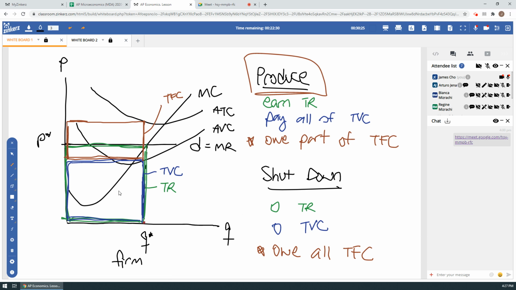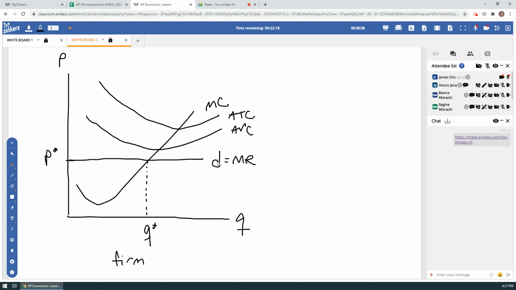I hope you see how that's different than this situation here. Here my demand curve was below my average total cost, but at least it was above my average variable cost. Here, my demand curve is below my average total cost, but it's actually below my average variable cost as well. So if we talk about whether it's better to produce or better to shut down,